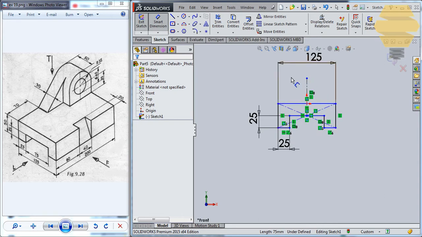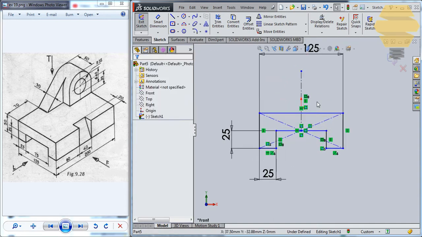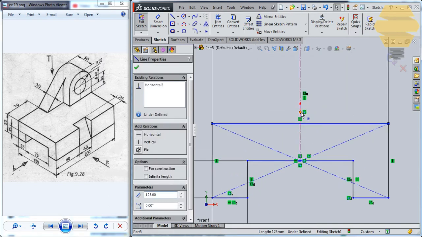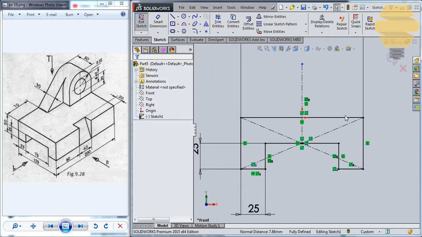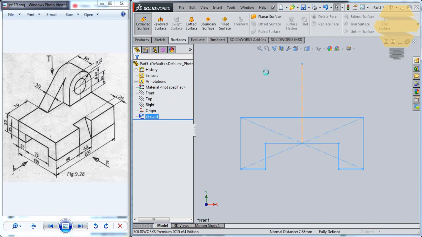So this should be getting constrained by now. You just need to make sure that this and the origin are at the midpoint, tick mark. Now it's fully constrained. You can exit the sketch and go for surfaces, extruded surface,